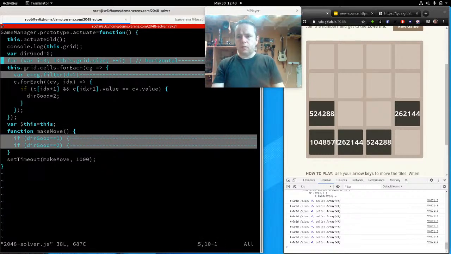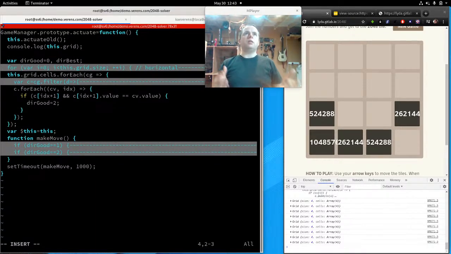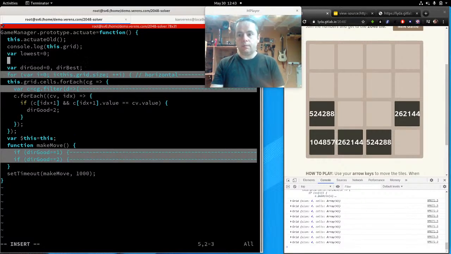Alright, let's see. So we've got dir good, but let's make another one called dir best. Now, in order to know that a combination involves the lowest numbers, we need to know what the lowest number on the board is. So let's find the lowest number. We start off with lowest equals 0, which is obviously impossible because all the tiles have numbers. So we'll say that for this